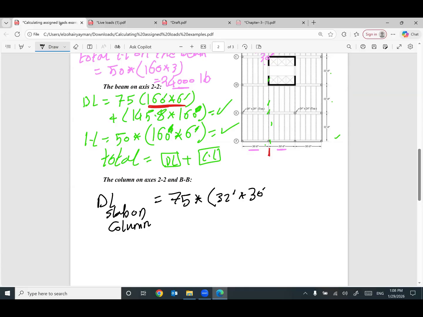So this value will be 75 times 32 times 30, equal 72,000 pounds. And the value of the live load from the slab on the column